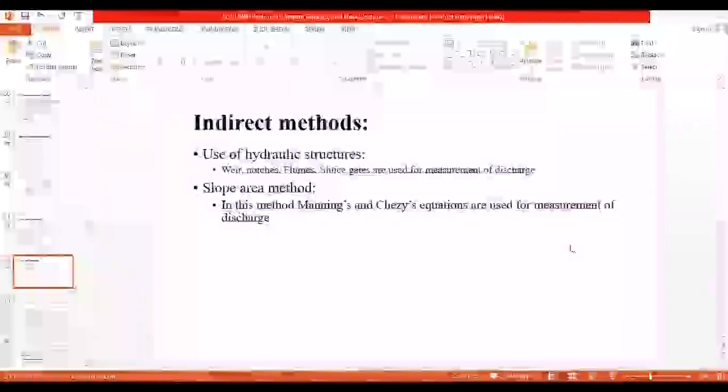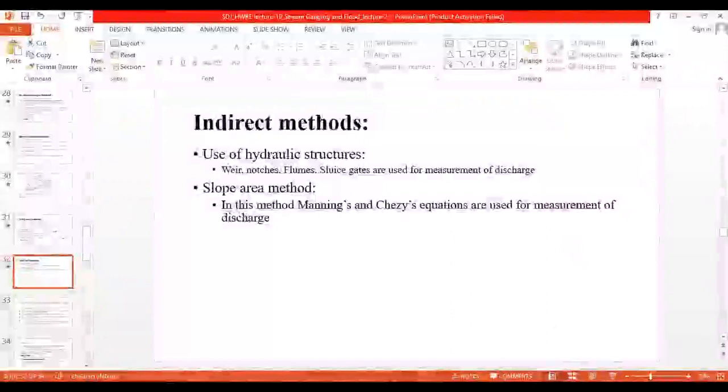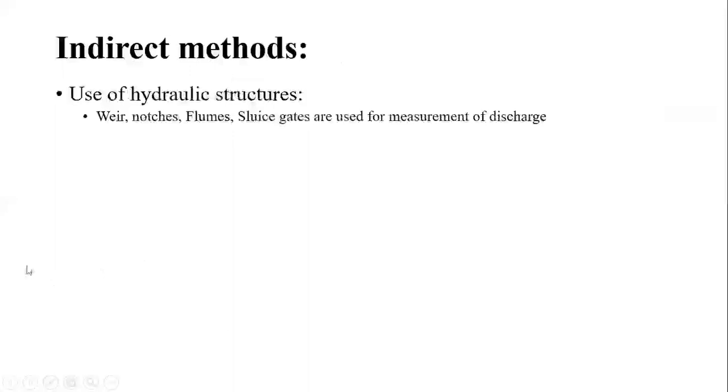So by using the weir, as I have mentioned previously, that is by using the formula of a rectangular weir, Q is equal to 2/3 C_d L under root twice g H raised to 3/2, we can measure the velocity. Then by measuring the water area, that is the depth of the flowing water and the width of that weir, we will get the cross-sectional area, and then we multiply that cross-sectional area by velocity, and we get the discharge passing through that.